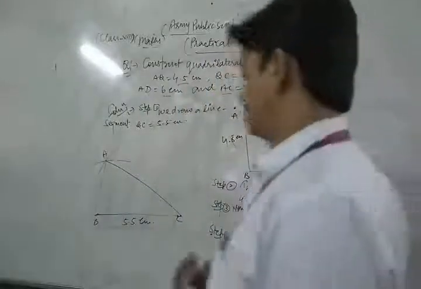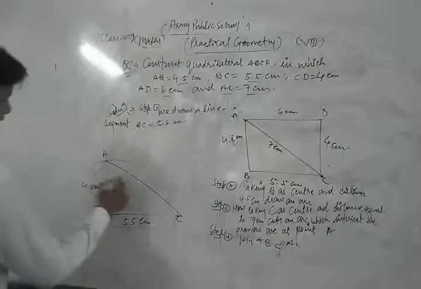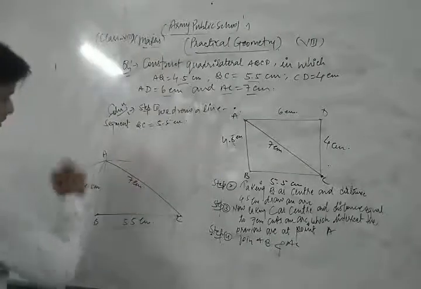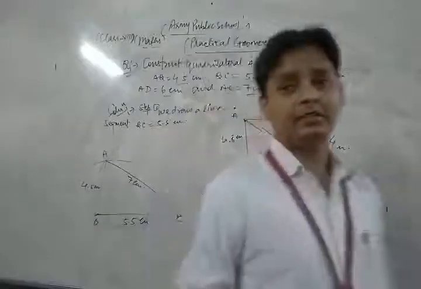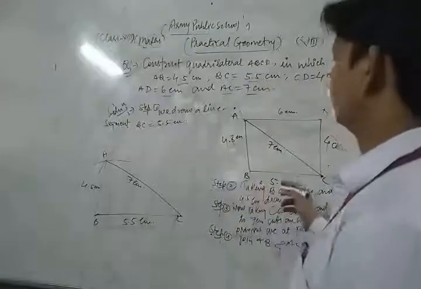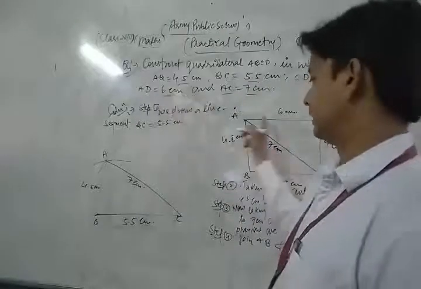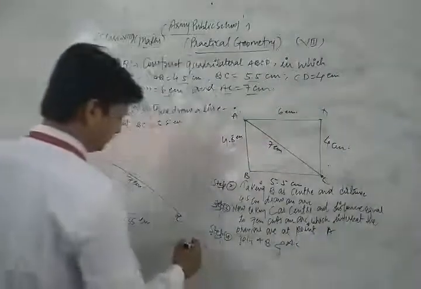Let's see. This is your 4.5 centimeter, this is 4.5 centimeter, and this is your 7 centimeter. Now, dear friends, taking A as center and distance equal to 6 centimeter. Now, in step 5,